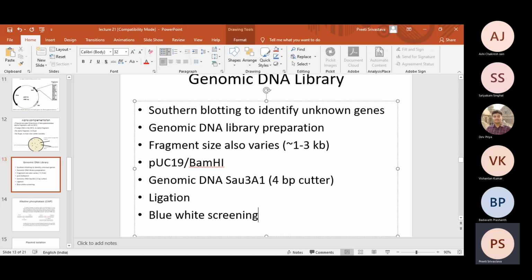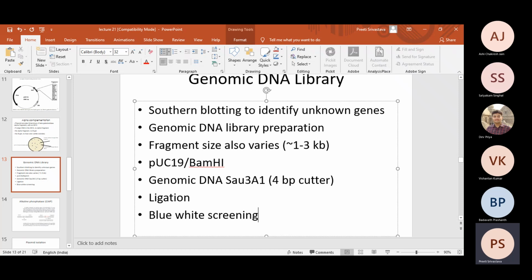The size of the library that is usually selected is usually, for example, some people say 4 times the size of the chromosome. So for example, if the chromosome is 4.6 megabase pairs, and if you are imagining fragments of 1 to 3 kb, then you can imagine how many colonies you need to screen to prepare a large library, which should be a representative library for the entire chromosome.